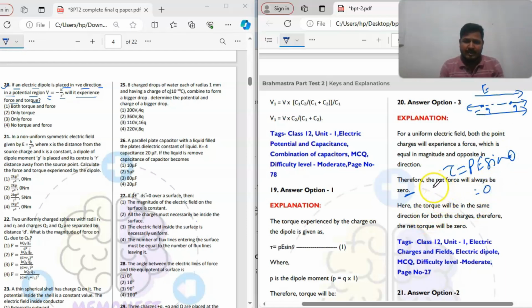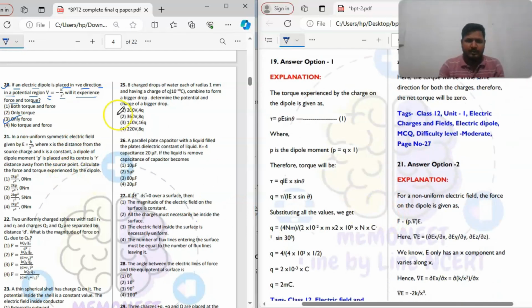So one thing is that here the net force is 0, but there is a force acting on the dipole, right? And here the torque is 0. So our third option will be the correct option. Okay, now move to the next question. The question is that